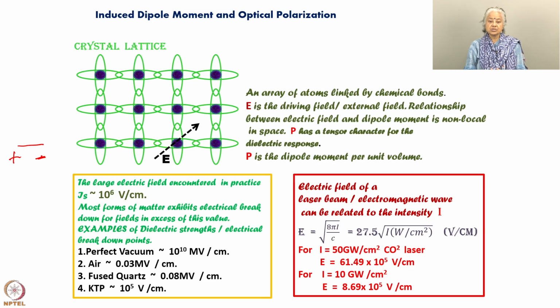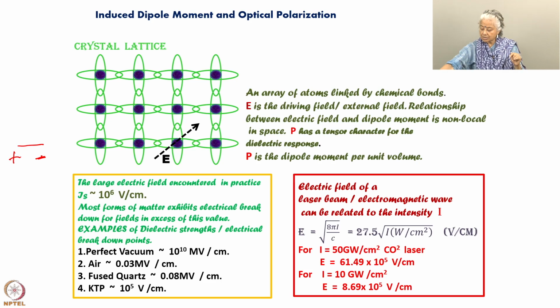You do not need even 10 to the power 6 volts per centimeter in order to achieve the nonlinearities that you actually see. So, just to give you a feel of what I mean by induced dipole moment, what I mean by breakdown, and what I mean by optical polarization, it is good to see the dielectric strengths and electrical breakdown points of